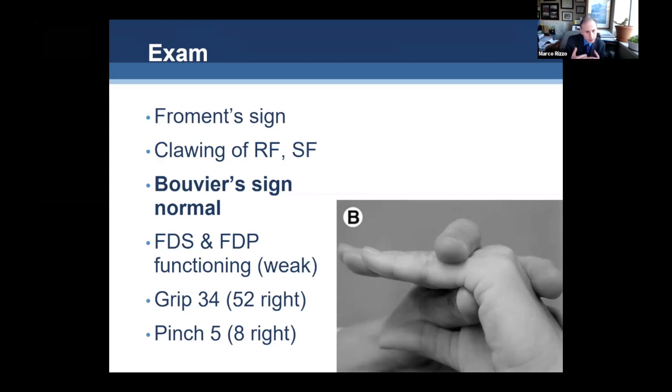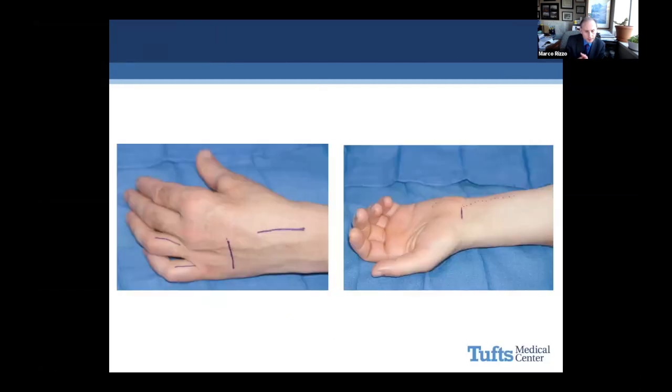So that's a critical portion in terms of optimizing or predicting outcome of any tendon transfer for intrinsic return of function. The FDS and FDP were functioning, but somewhat weak. The grip strength you can see and pinch comparable to the other side. So in this case, we opted to move forward with the transfer using the palmaris longus as a graft,